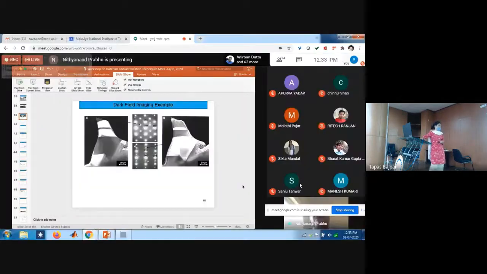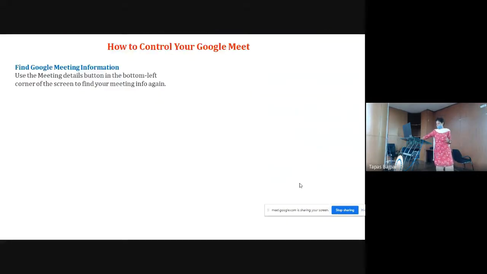And then whenever you join any meeting, this will be the window. Here it will show the participants screen, and here how many participants are there. Here in the top right corner it will show. Whenever you click here, there is a chat option also, and attendance is also there for this. So this is one example.